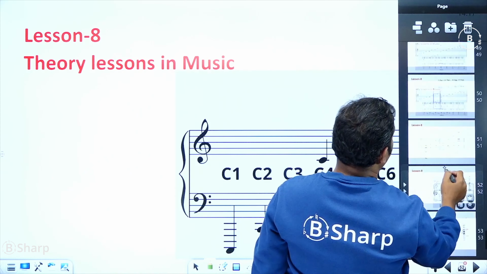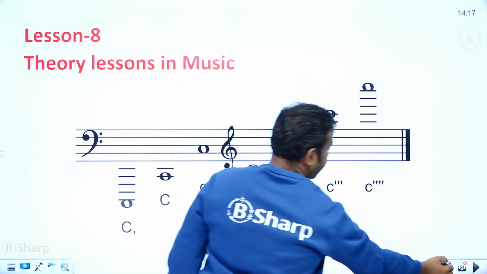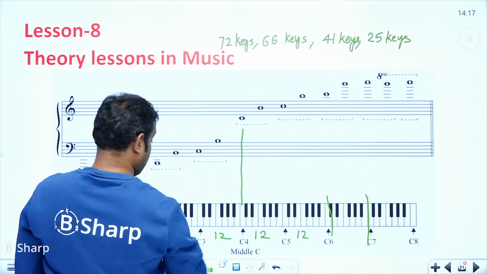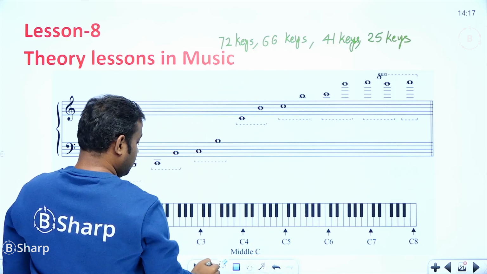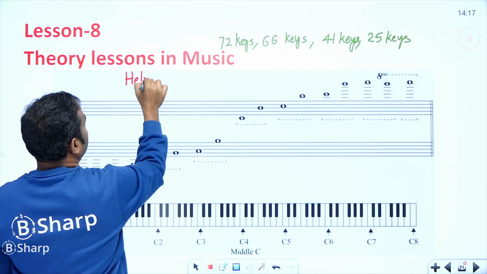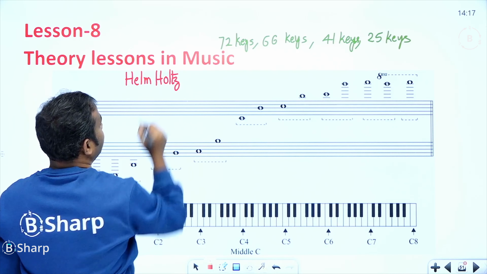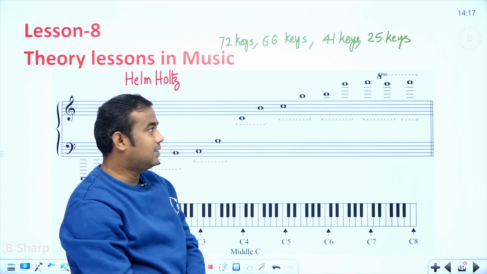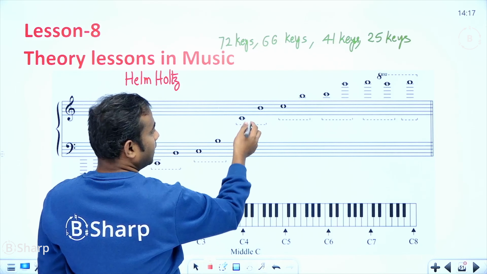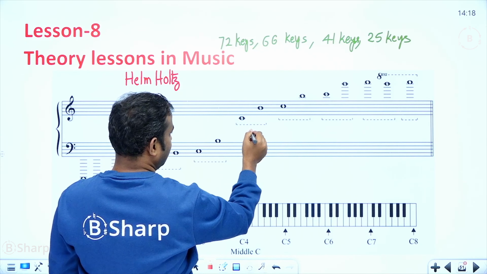Then one more thing here, the next one is the Helmholtz method. So in case of the Helmholtz method, since it has been in the 19th century, this mid octave is normally called this C1, or called as a